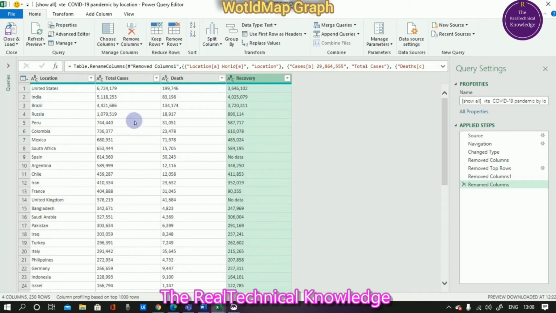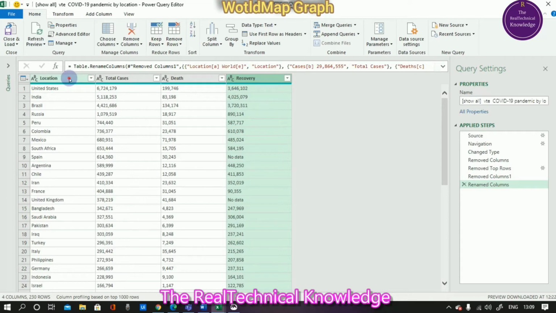So now we also need to customize the data with respect to the map, because a map only works on two columns. The first column is location and the second column is whatever data you provide over there. So to do that, we need to customize this table. However, currently we have 4 columns in it. So we need to customize this table to reduce it to 2 or 3 columns only.